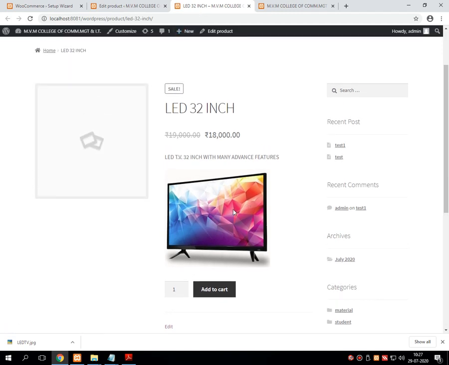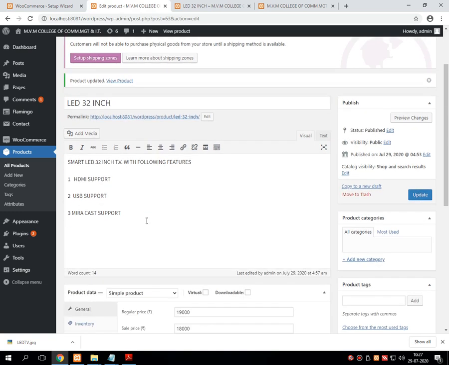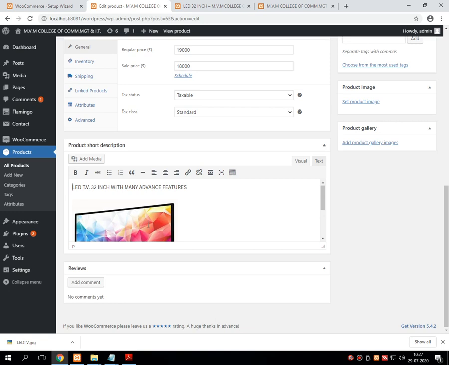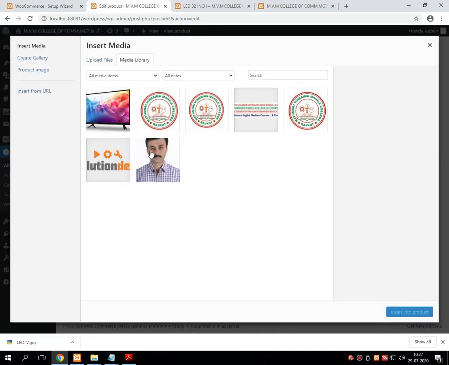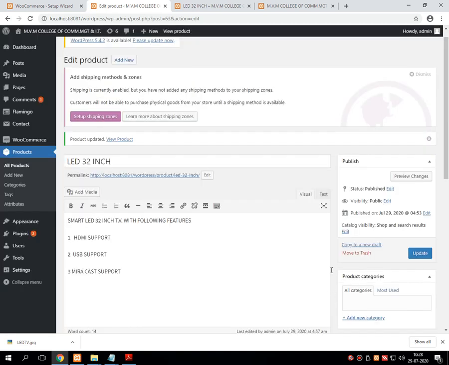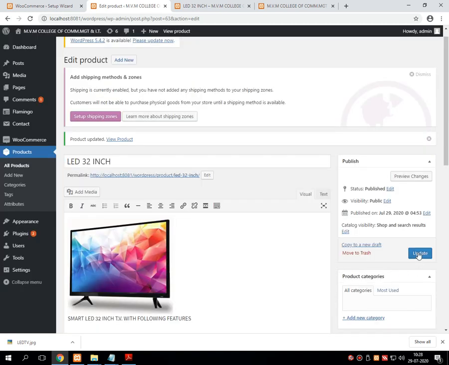Here you will see the image of that particular TV. Suppose we don't want to add it into the description, then just remove it from the description and instead of that add it over here. Press update.